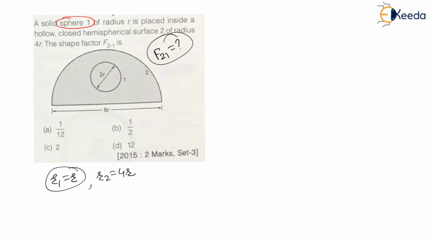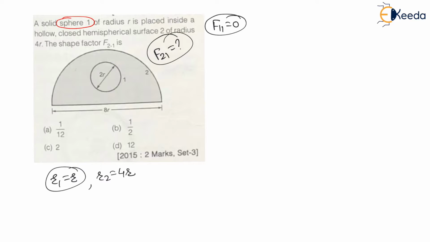Now my dear students, here 4 options are given. Let us solve this with the help of the reciprocal theorem. First of all, 1 is a sphere. Therefore, for these spherical surfaces, the heat of 1 will not come back to 1. Therefore, for such surfaces, F11 will be equal to 0. That is, the view factor of 1 with respect to 1 will be 0.